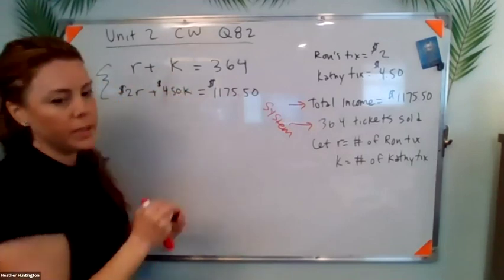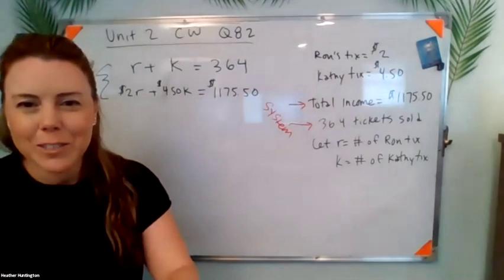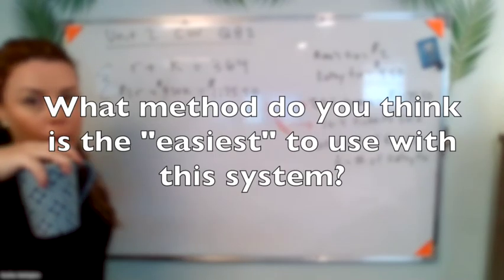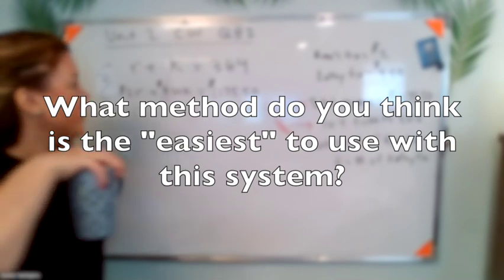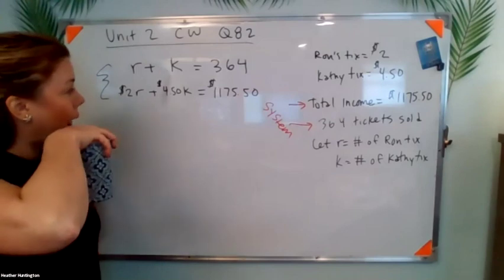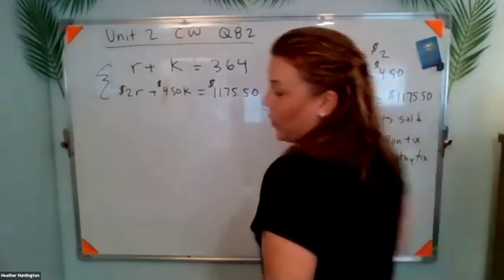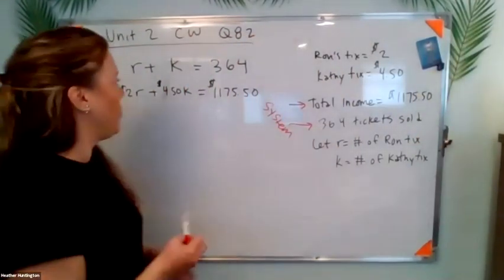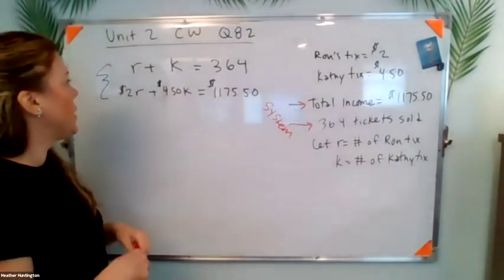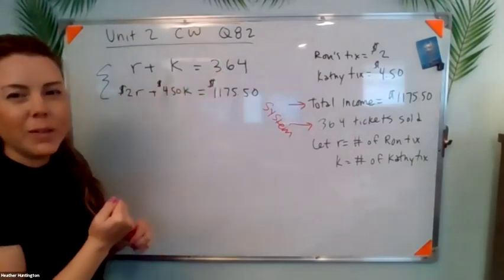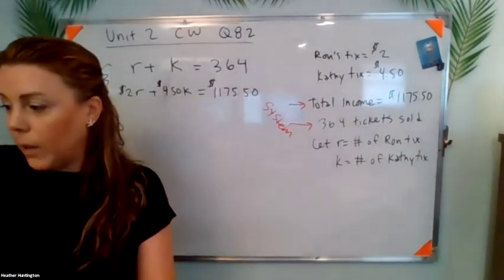Good, now we set up our system. We can choose any method we like to solve the system. Which method would you like me to do? Elimination. All right. That's not the one I would want to do, but I will do it, and I'll explain why. I think substitution would be the easiest one right here, but it's okay. It would be a little easier, less steps, but we'll do it by elimination